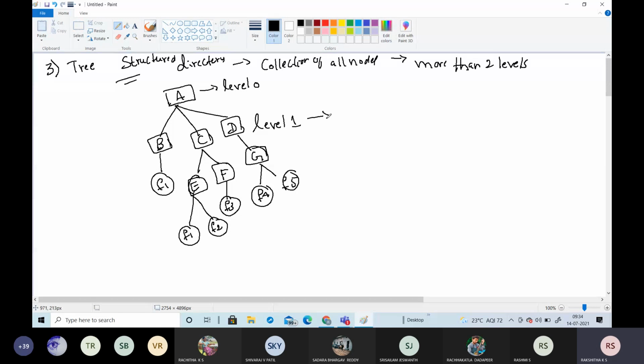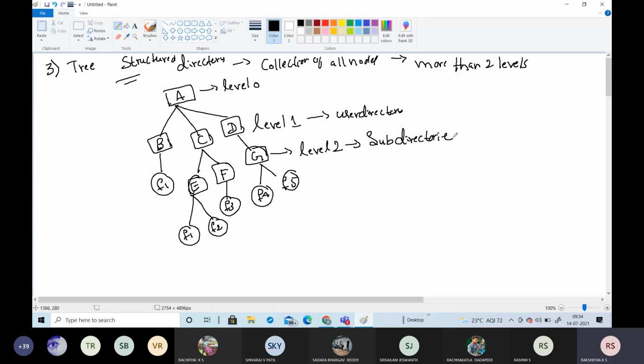So this level 1 is the user directory, and level 2 is subdirectories.